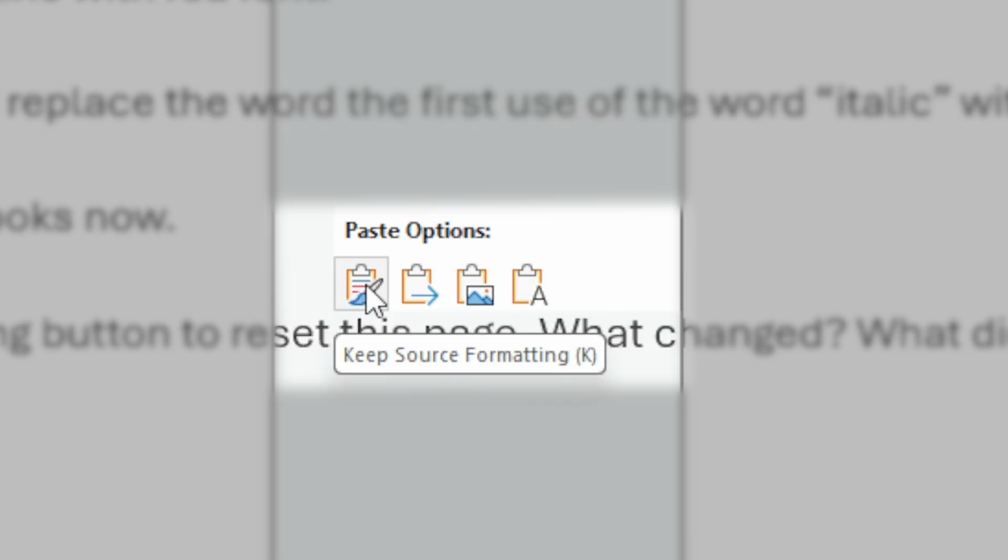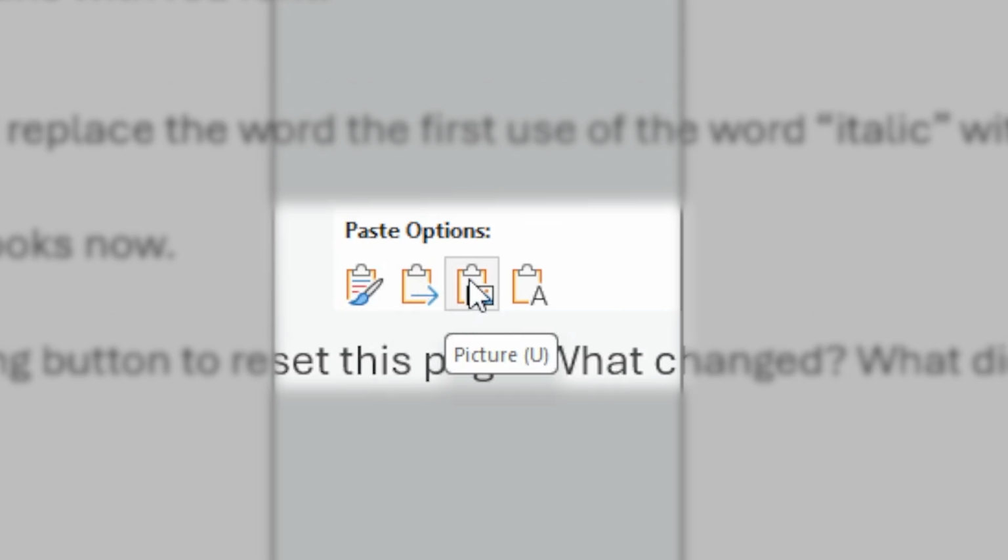Especially if you're pasting from a different document, you may have more than one kind of paste option listed in your menu. The first option uses the destination theme. This means it will try to match what you paste to the format of the document you are putting it into. The second option will try to keep the source formatting, so it will look like it did in the document you took it from. The third option treats it like a picture. We'll get into adding pictures to documents in another lesson.